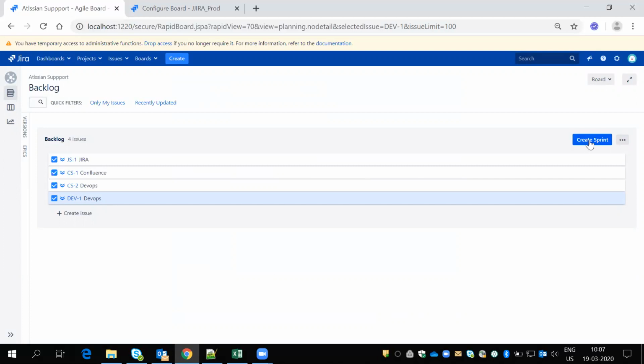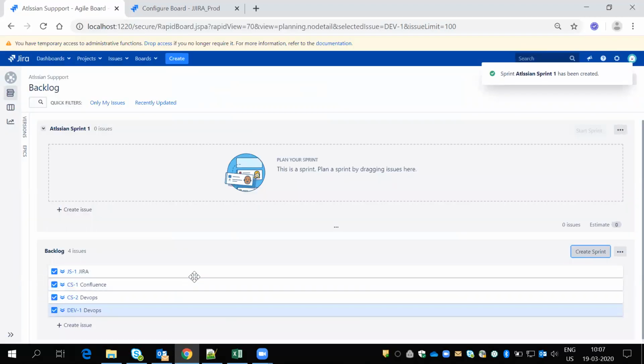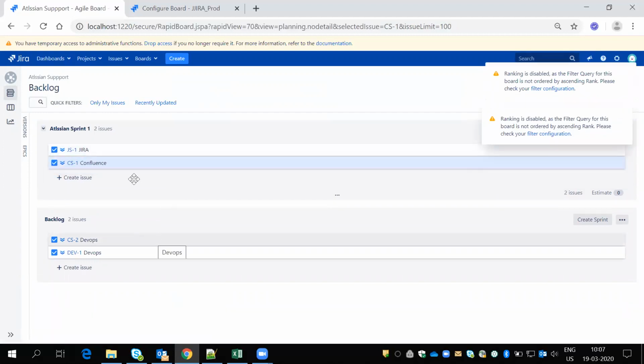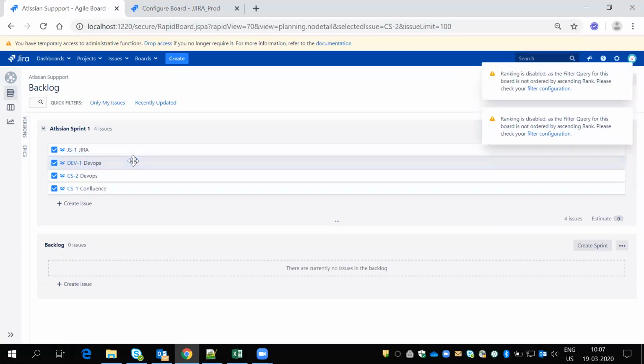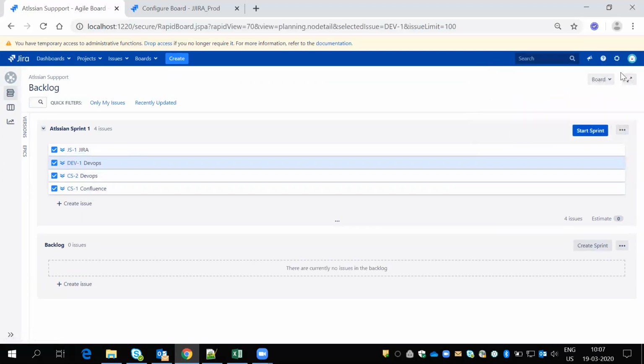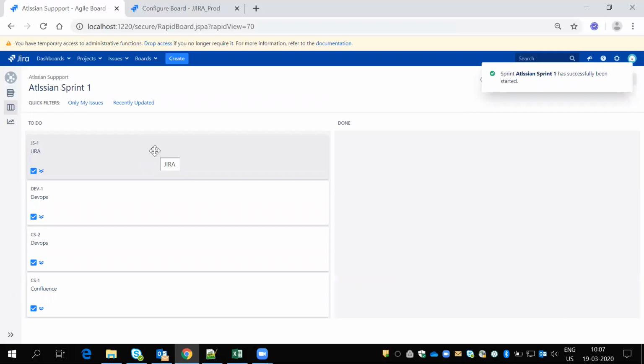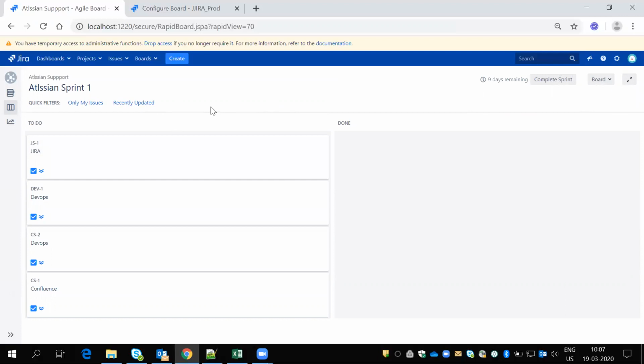So every time tickets are created, I'll start the sprint and move all these tickets there. Suppose I plan some weekly tickets, I'll start the sprint, and once I start it, they will be moved here. I can use quick filters based on my team, like who is working on the Jira team. So for the two Jira people, I'll click on this. Hey Jira team, you got assigned two tickets, one is to do and another is done. What about this to do? Do you have any blockers?